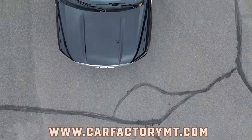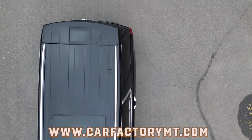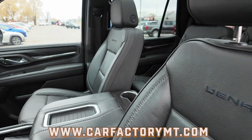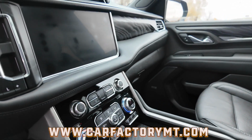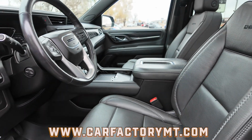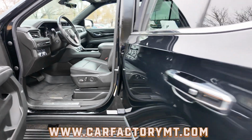Heads-up display, 10.2-inch touchscreen infotainment with Bluetooth, Sirius XM satellite radio, wireless Apple CarPlay, wireless Android Auto, and OnStar, Bose Premium Audio with 14 speakers. Adaptive cruise control with heated steering wheel, power adjustable steering column, driver's pedals and side mirrors with memory settings for